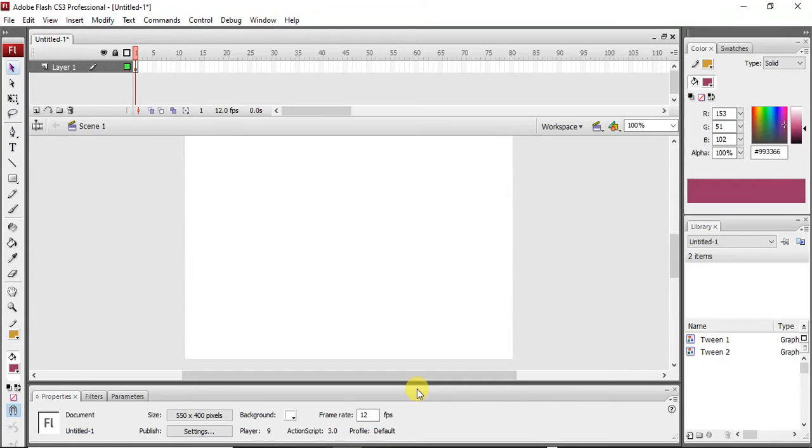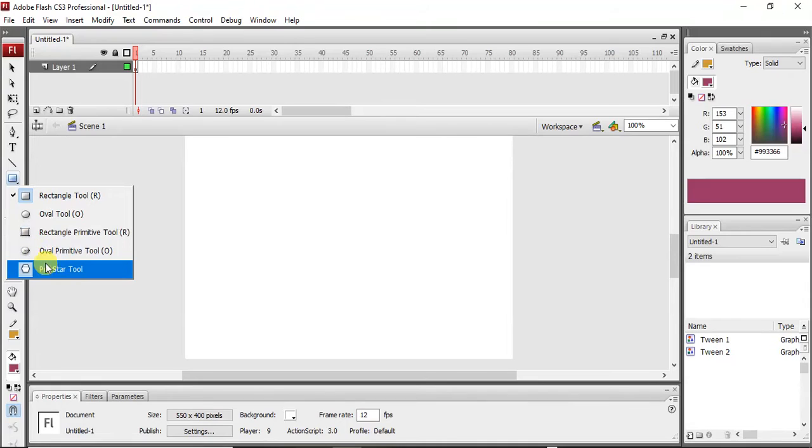To create the motion tween, first of all we have to draw a figure on the work area, on the stage area. This is called the stage. To draw a figure on the stage, I am choosing the PolyStar tool.